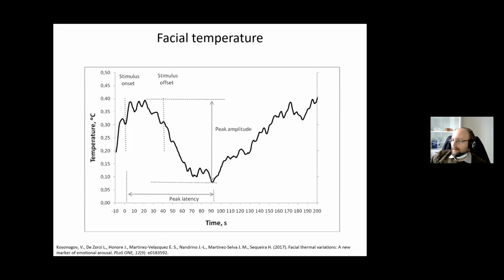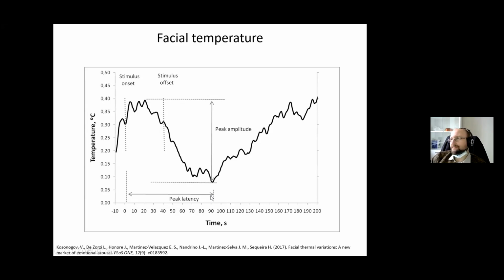And yes, it's the zoom of the same graph of the temperature. Here you can see already the change of the temperature. And during the stimulus onset, no, sorry, the stimulus lasted 1.5 minutes. So you can see here the decrease and then the recovery of the amplitude. And as you see, the latency is super great. So this method is not